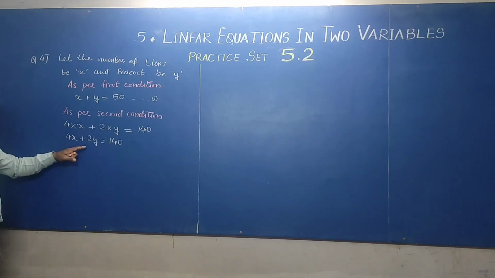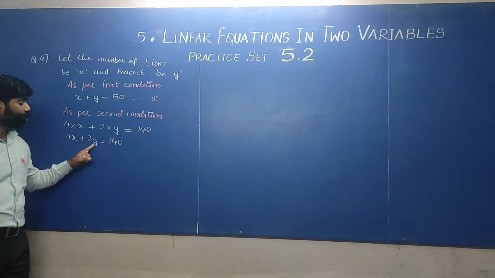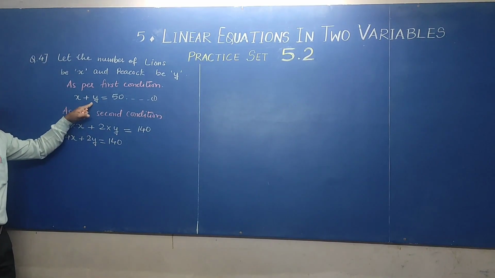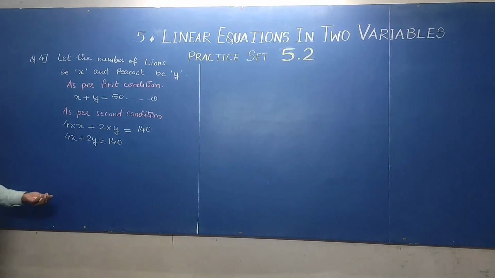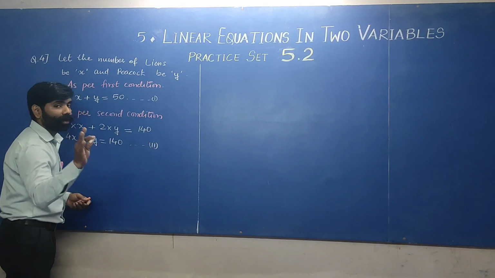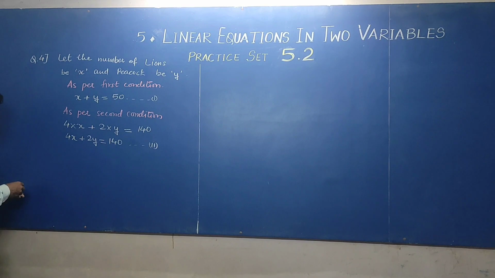Students, as you all can see, this can be divided also. Divide by 2, 2 can be the common term. Or else we have to multiply as we have done 3 sums previously, multiplying in equation number 1. This is our equation number 2. Both ways I am teaching you. You can solve it, students. This is so easy. Don't worry, don't get panic.